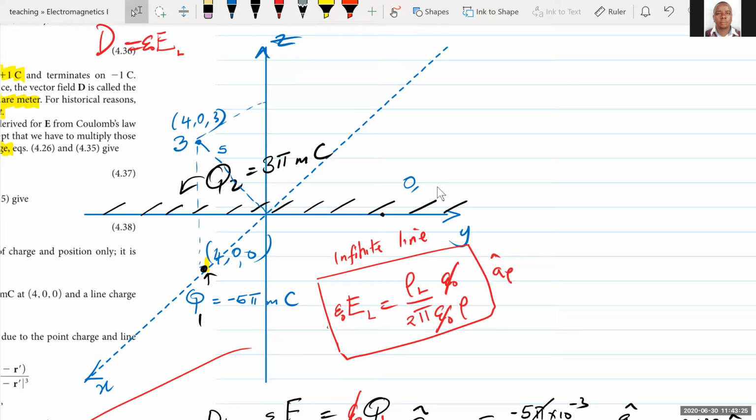that when you're observing the field due to a line, or an infinite line that is charged, you always look for the point that is perpendicular to your point of observation. And in this case, we are told that this line lies on y. And therefore, we just needed to find a perpendicular line from our point of observation to our infinite line. Therefore, if you do proper sketching, you find out that if my point of observation is at 0.403, the most important item to look at is this, because when you are told that this is a y line, you always know that the x is equal to 0